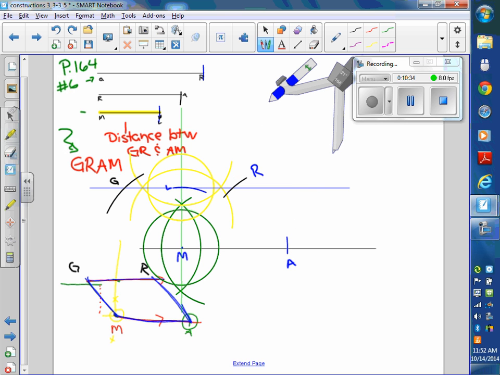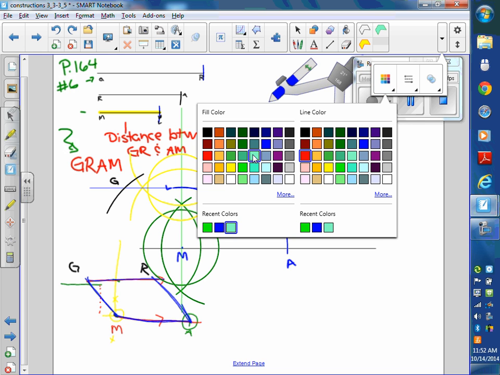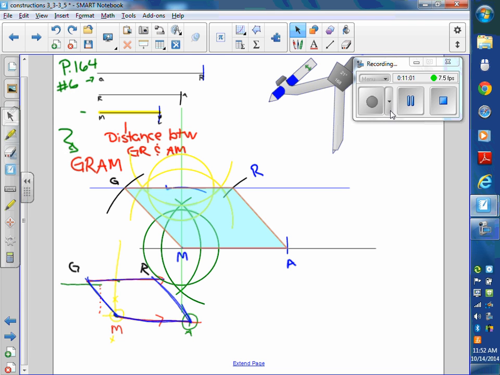So I'm going to make a parallelogram using that. So I start at M and then go to A and then go to R and then go to G and back to M. There it is. And the distance between the two bases is ML. That's what this is. Okay, Cal? Okay,